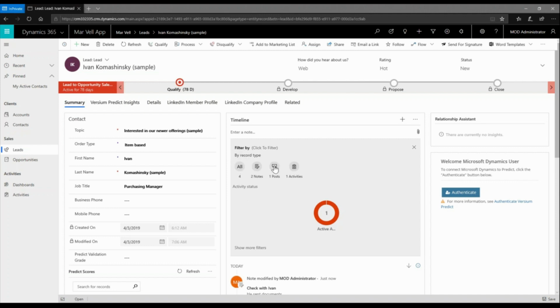The posts are any activity that has happened and is tracked on this record. So usually the first post is someone created the lead, and then activities as well. So it's just a very nice piece that you can filter by and pare down into whether you want to look at notes or activities. If I exit out of this,